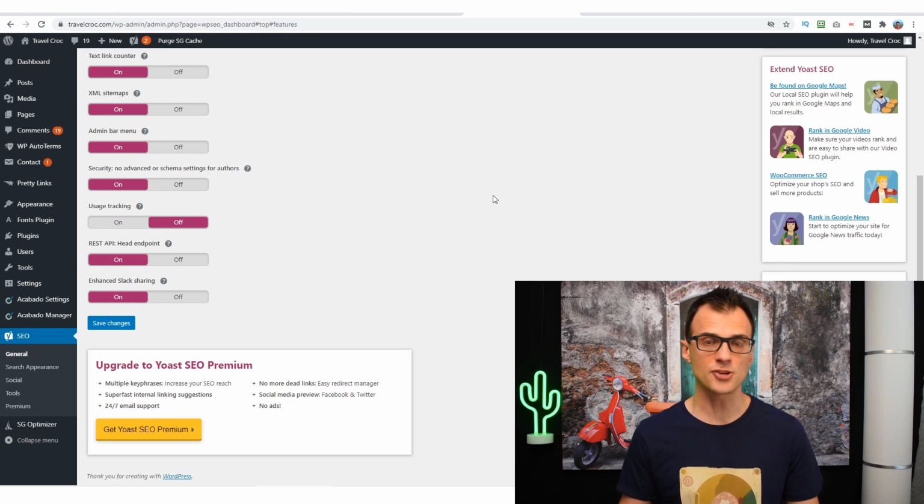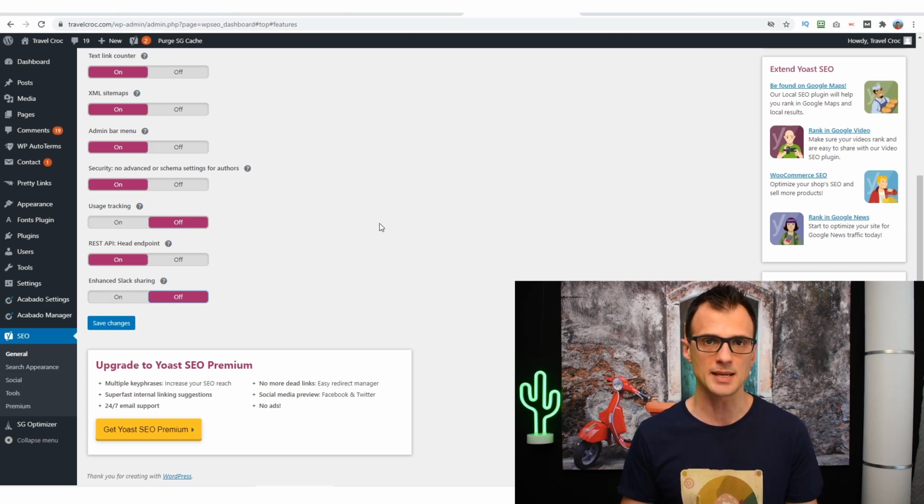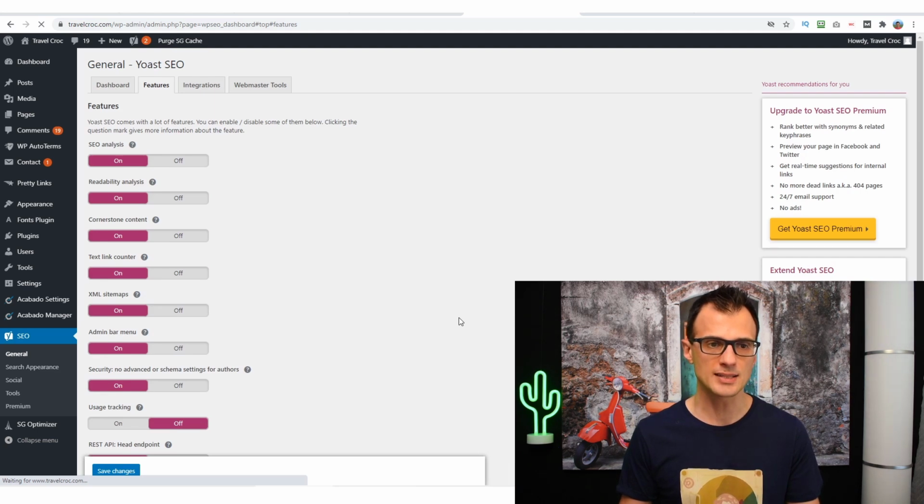This will just allow other applications to connect to my site through the API, such as integration with other software, with external content creation tools, etc. If you don't want any of the tools to be able to connect to your site, you can set that to off, but really it doesn't matter most of the time. Enhanced Slack sharing, you can leave that as on or off. Probably better to have it as off because I'm not going to be integrating Slack, which is the project management tool, with my website. After that, you can click Save Changes, and let's take a look at some of the